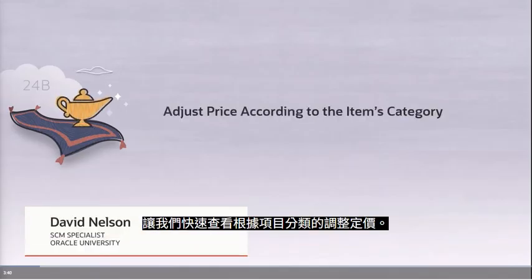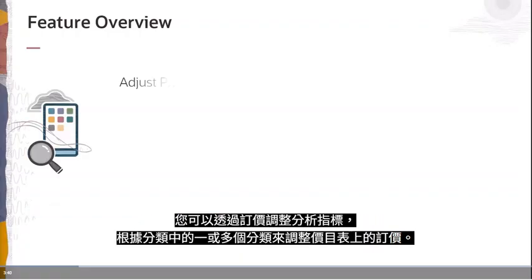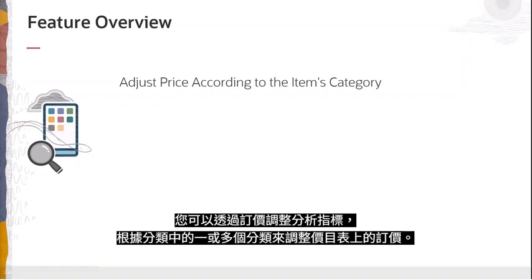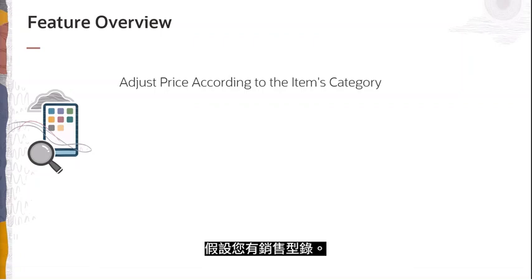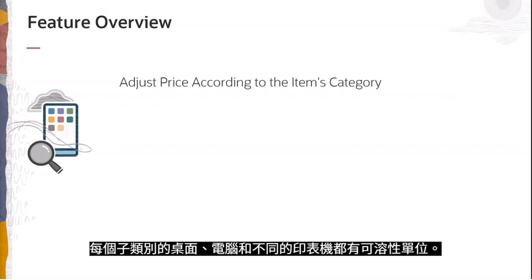Let's take a quick look at adjusting pricing according to the item category. You can adjust pricing on the price list according to one or more categories in the category through pricing adjustment metrics. Assume that you have a sales catalog, it contains a computer category, and the computer category contains 3 children,